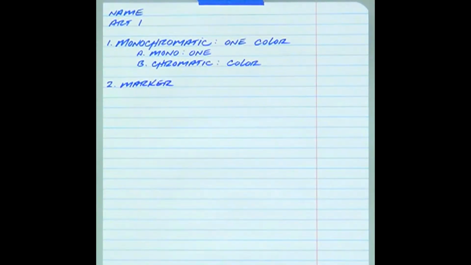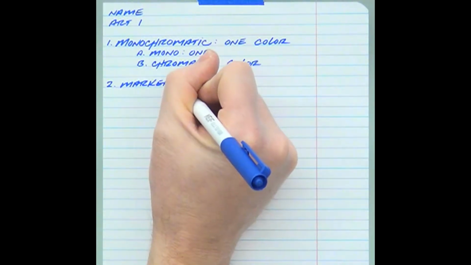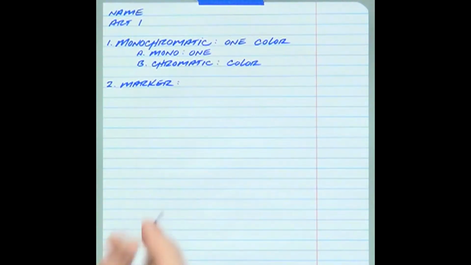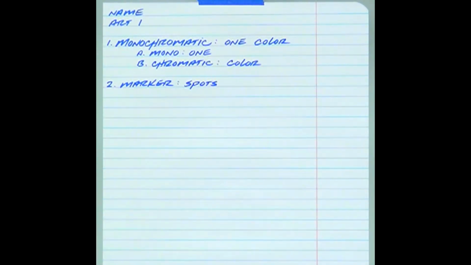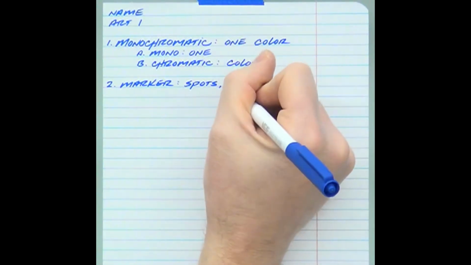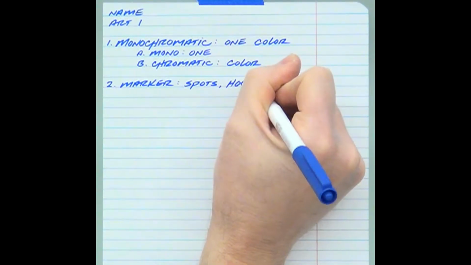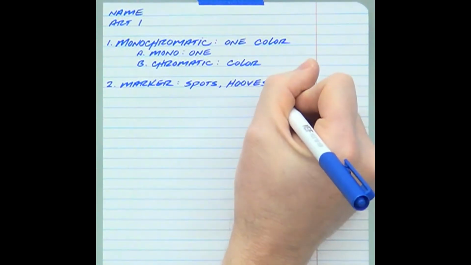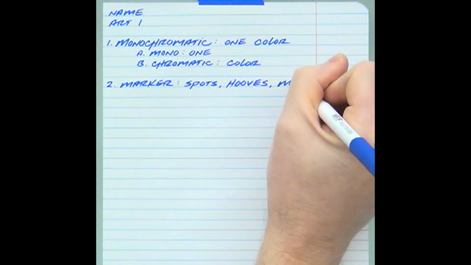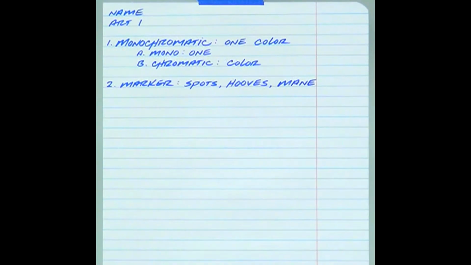Alright, section number 2, I want you to write the word marker. Now there are some places on this giraffe that I want you to use your marker on. And I want you to make me a list of these places. So once again, a little colon. Let's write this down. Spots. Giraffe has many spots, comma, hooves. Notice how I'm spelling hooves when I'm indicating that there's more than one. Comma, mane, M-A-N-E. Notice how I spell that when I'm referring to the hair on the back of an animal's